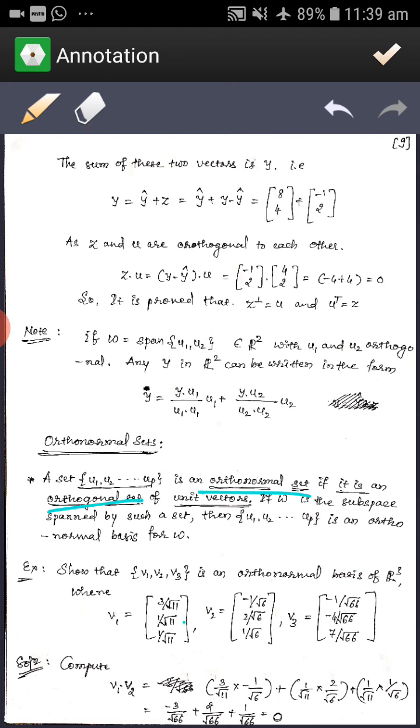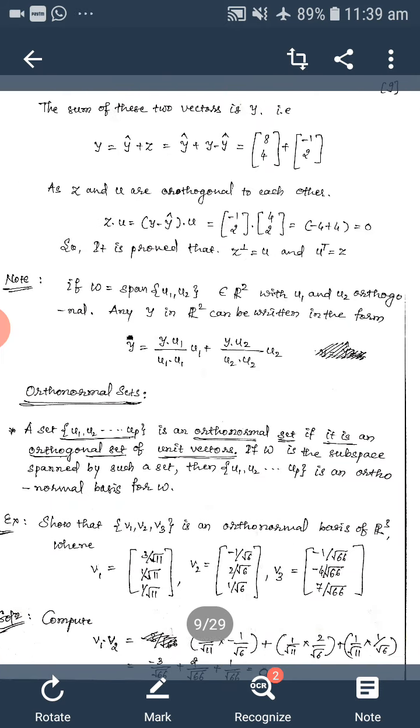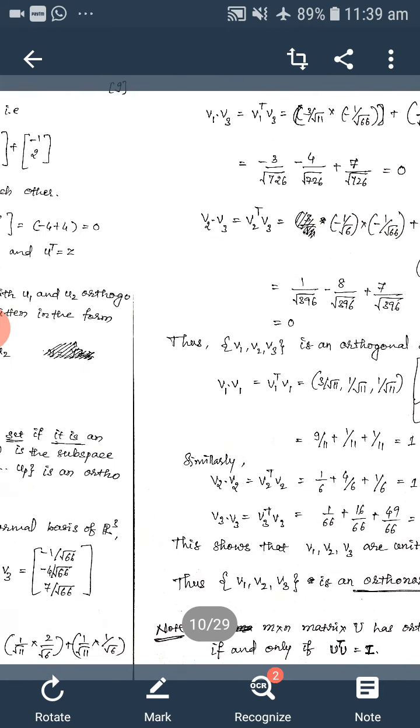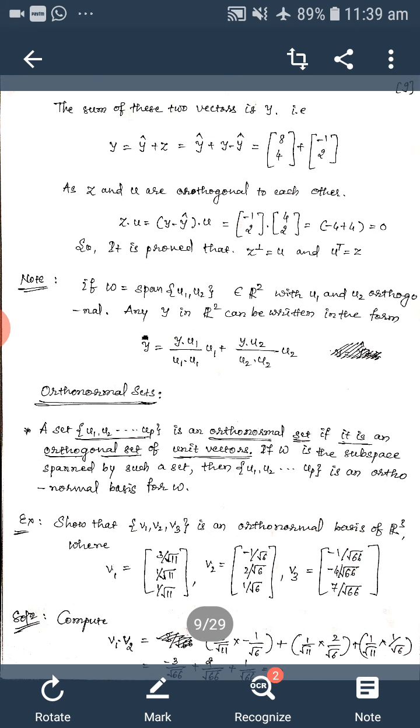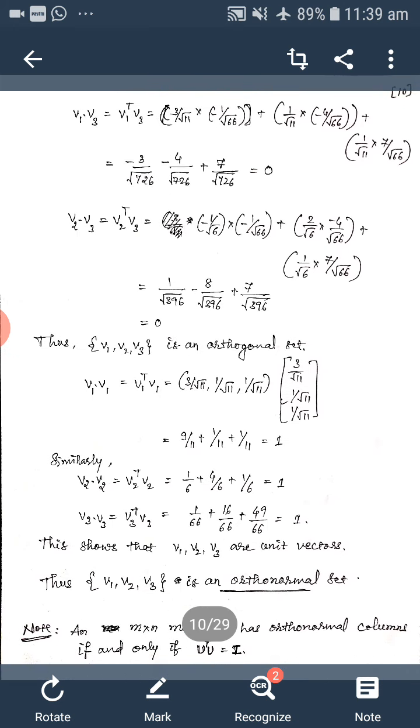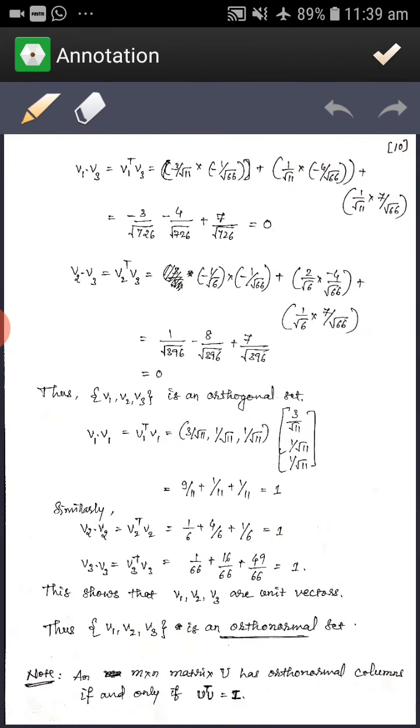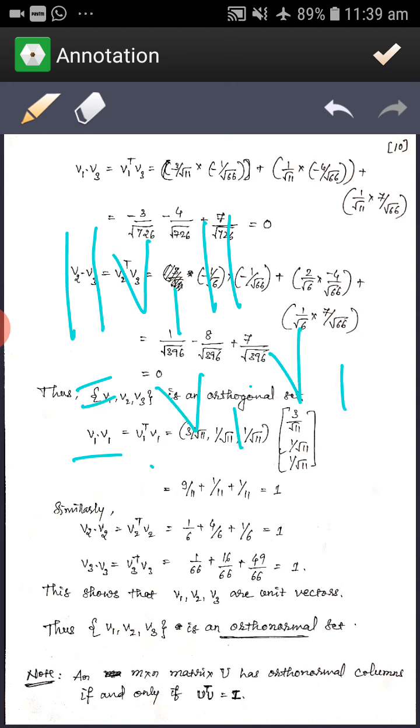Okay, let us take an example. Here we have three vectors, v1, v2 and v3. There are different ways we can calculate here. First we can calculate either the length, or directly calculate the pairs. First we need to see whether it is a unit vector or not. So how to calculate the unit vector? If that is v1, the length of the vector we can calculate as the square root of v1 dot v1.